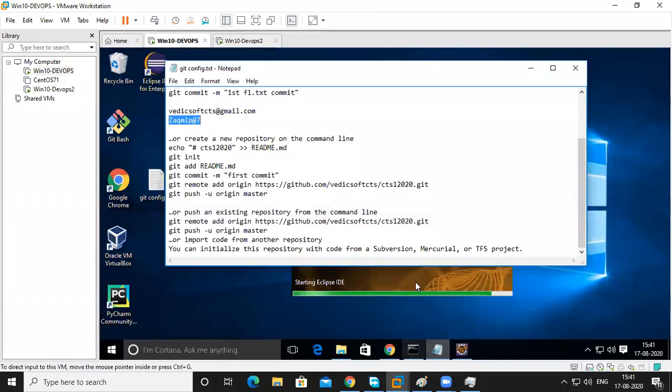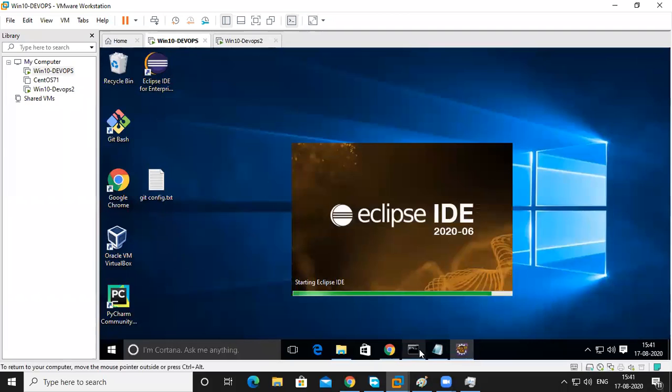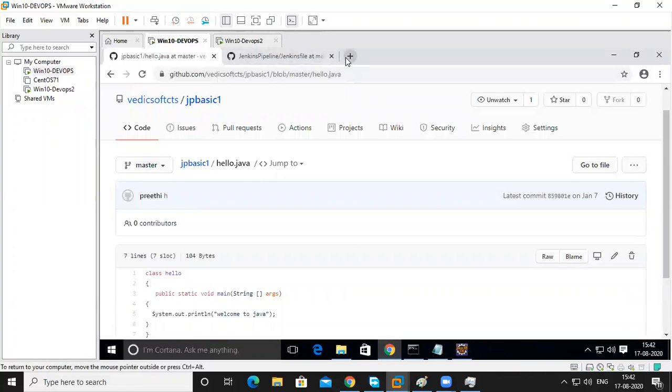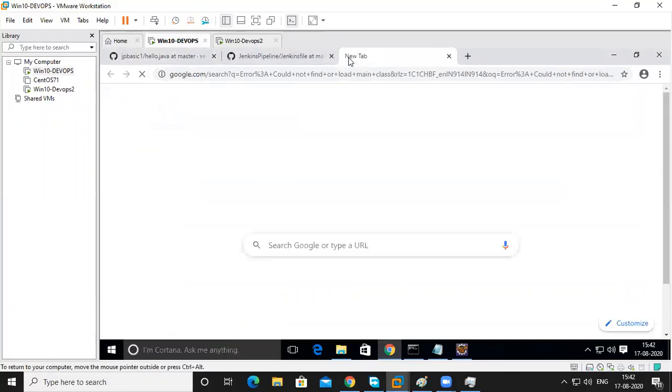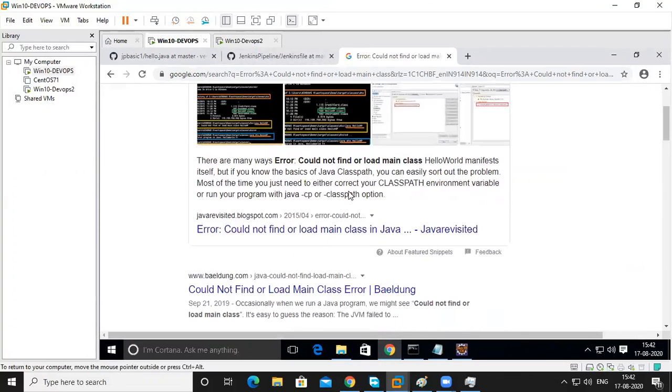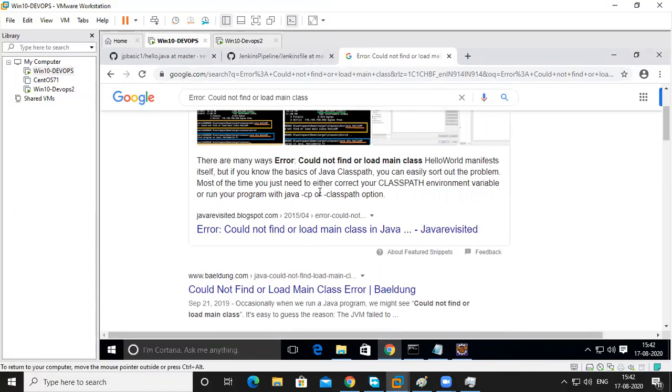Meanwhile, no, not this one. This is saved, right? Error could not find or load main class. So main class is not there, right? Already I got this problem, then I solved it. Maybe class path. Not there, right?